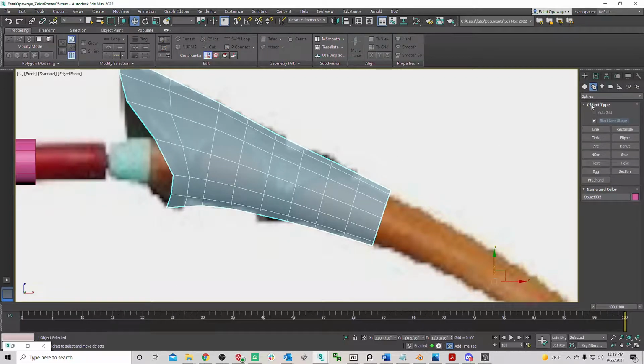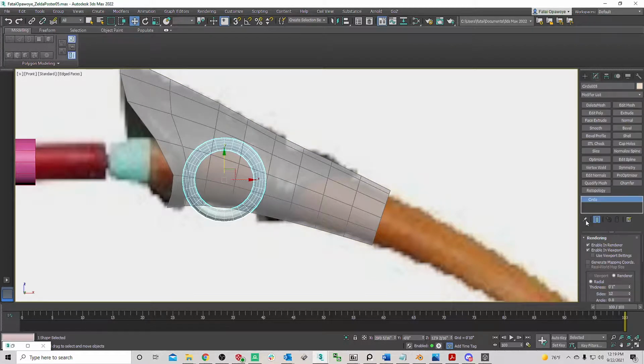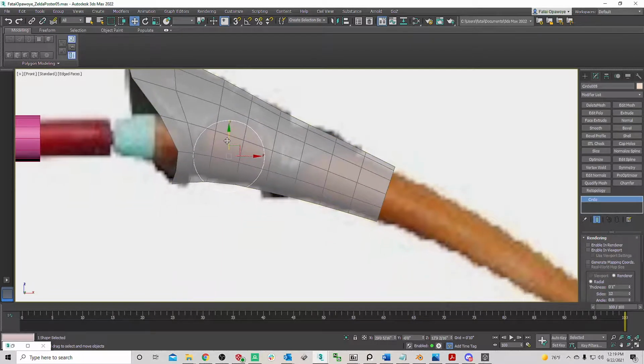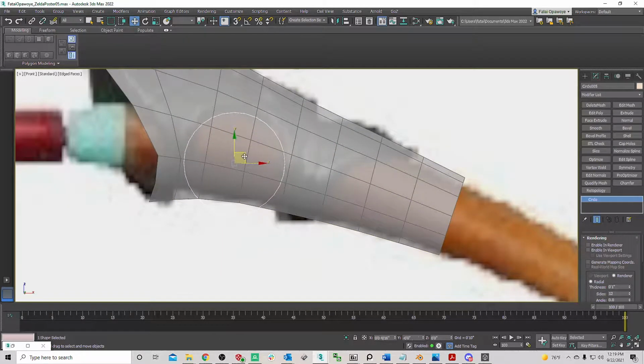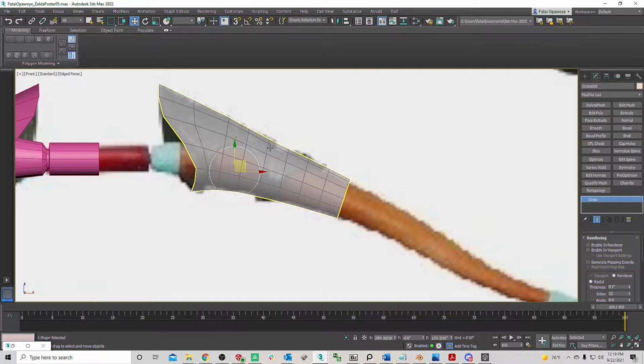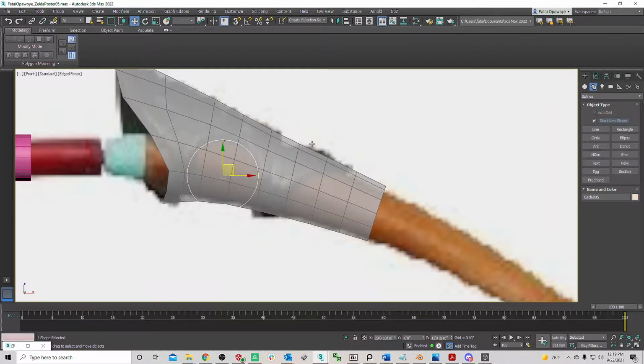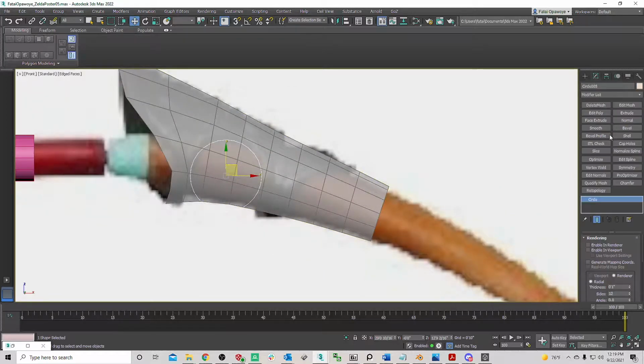So here's a few different techniques that you guys can use. You can use it as a guide, you can just make a circle right here, but it's a spline, so it's rendering right now. We don't want it to render at all. So I'm going to use this as my guide for cutting out our information. And I can even reduce the amount of sides it has so that